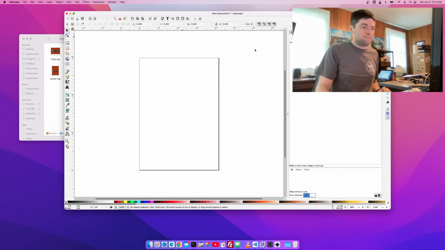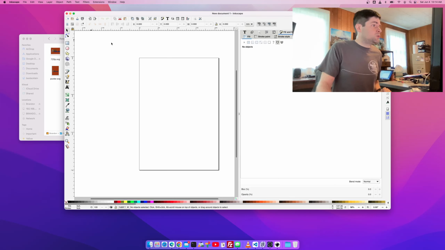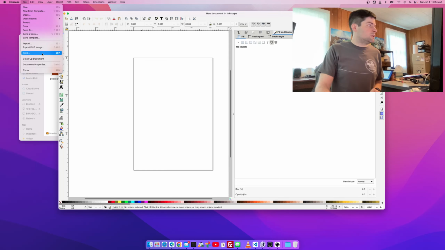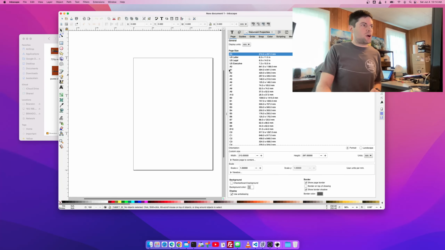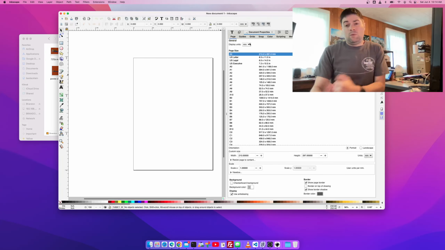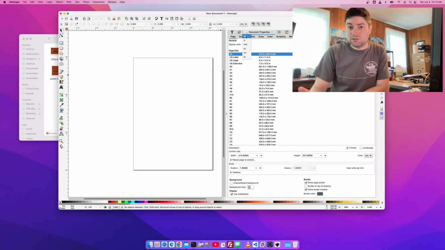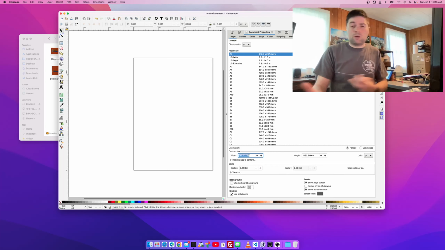We have a document here. It's going to default to the size of a sheet of paper, because I think generally this is going to be used for making print media, but I use it for icons and graphics for video games. Now if you go to File and go to Document Properties, you'll get a Properties panel on the sidebar here. When you're making computer graphics, I don't like it to be specified in millimeters. I like everything to be in pixels. So I switch my display units to pixels. I go down here, I make sure everything's in pixels,